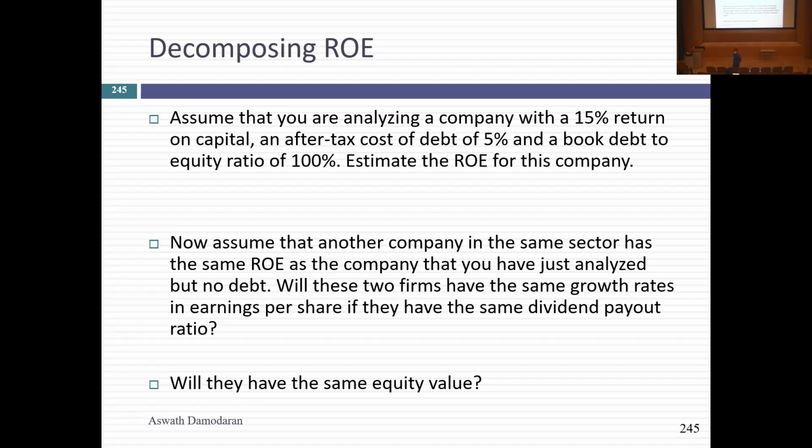The company's return on equity is going to be 25%. 15% plus the debt to equity ratio of 100% times the 10% spread. That's magical, right? If they make the debt to equity ratio 200%, the return on equity will become 35%. And when you do something like LBOs, you can see why the return on equity can very quickly look amazing, right?